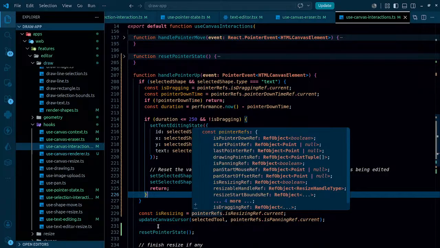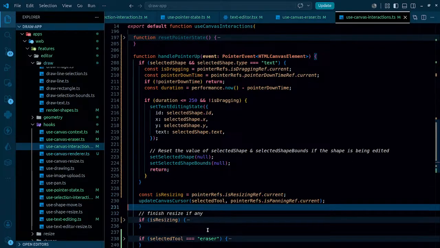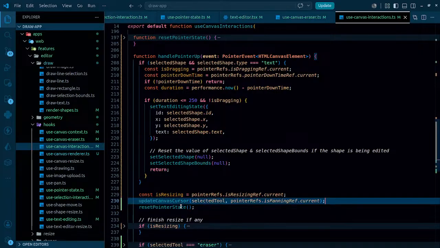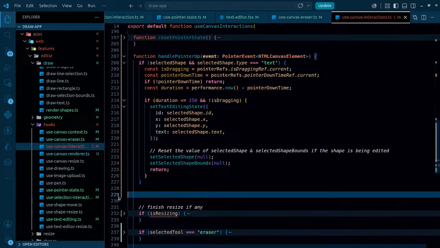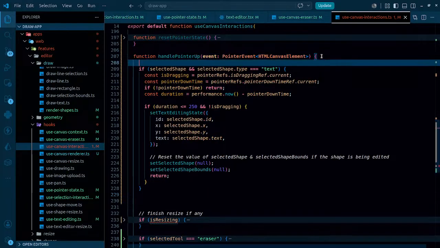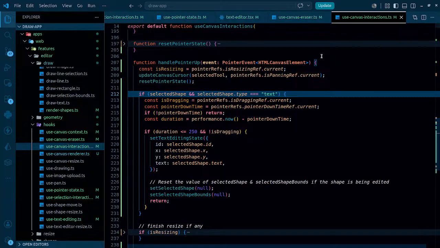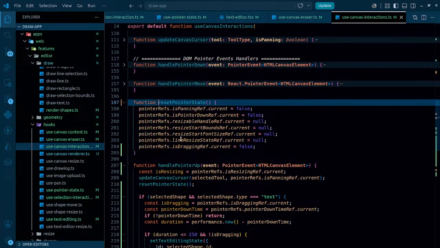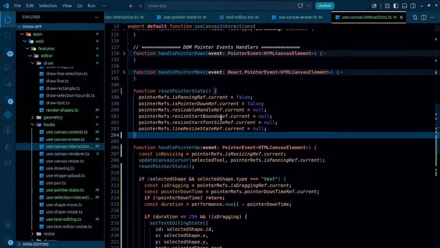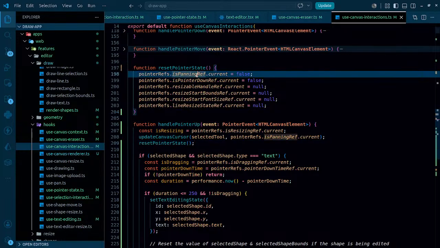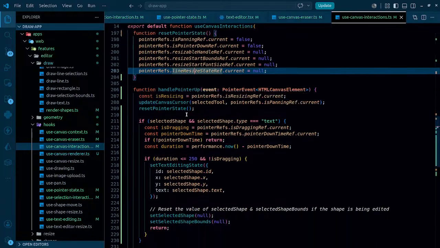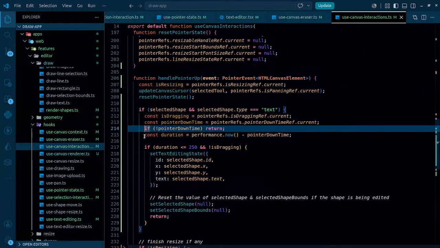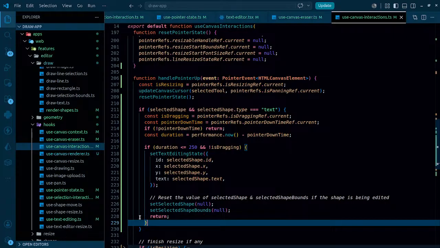So let me do one thing. This reset, I'll cut from here, probably these two, and I actually need to keep it here. And the one thing that I added here, this last thing, I'll be getting rid of it. And is panning, is pointer down, is resizable, and start line, we don't need any one of these things. And once this gets over,